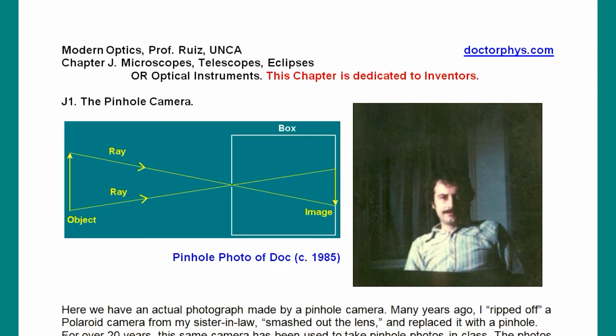Okay, Chapter J, microscopes, telescopes, and eclipses, or optical instruments. And we're dedicating this chapter to inventors. Let's go over inventions, and some that we've already covered. The pinhole camera here has a one-to-one correspondence between the object points and the image points, and a picture taken by